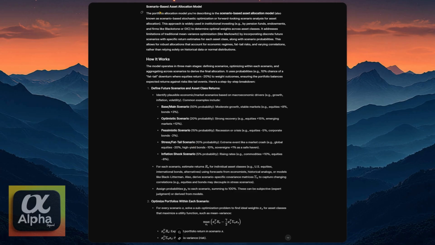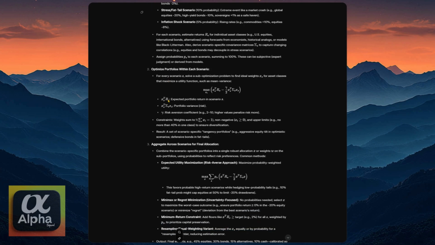So the purpose of a scenario-based allocation model is to go beyond the normalistic approach to investment, and to assume different kinds of scenarios and use historical return based on those different scenarios to literally create an asset allocation model that is as close to scientifically based or mathematically based as possible, on math, on statistics, and normal variance and standard deviations of return, etc. So I'm going to move on.